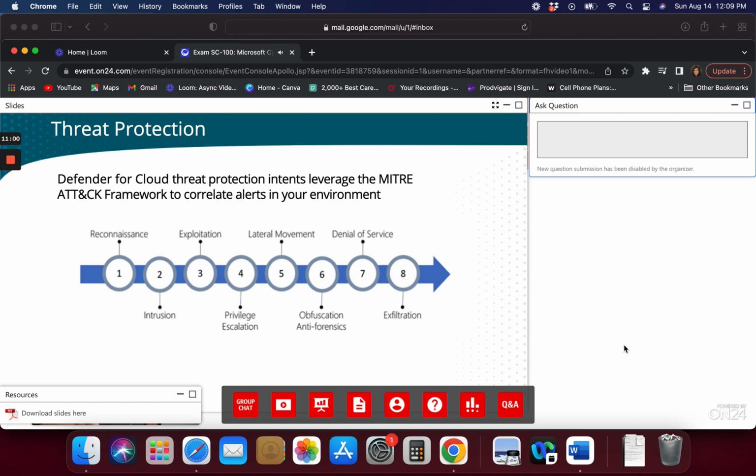And Defender for Cloud and Sentinel support the kill chain intent, which is based on the MITRE ATT&CK framework. As illustrated here, the typical 8 steps that trace the stages of a cyber attack start from the reconnaissance phase up to the exfiltration. We have reconnaissance in the first stage, where attackers assess networks and services to identify possible targets and techniques